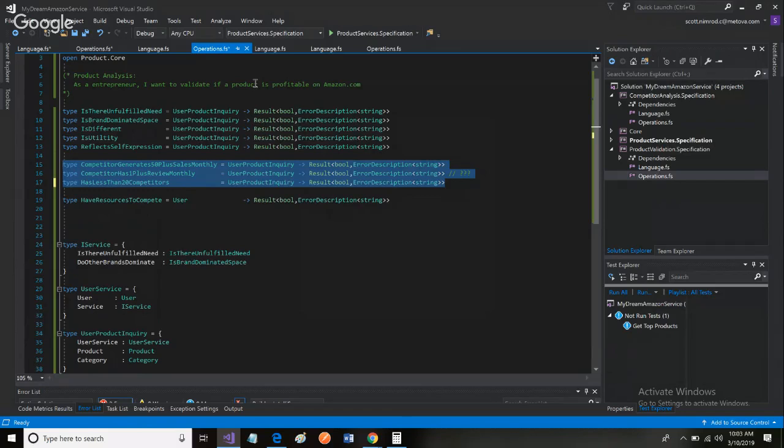And you're not going to have one competitor, you're going to have multiple competitors. So then you have to say average competitor, right? So then you have something like this. Average competitor generates 50 plus sales monthly. Average competitor has 1 plus review monthly. And the last one could probably stick. Okay, so